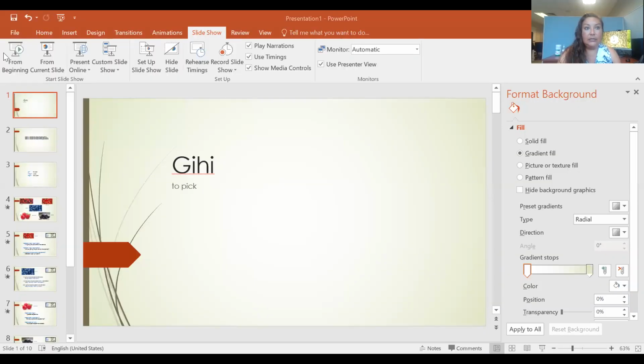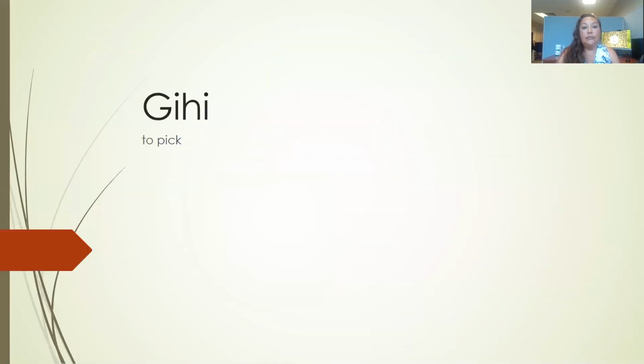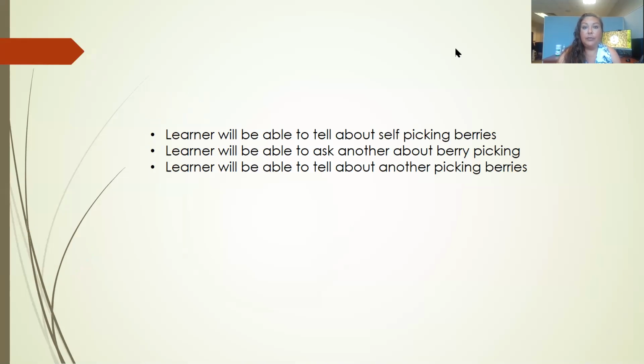Let me pull up my PowerPoint and we will get started. All right, so the verb for this week is gihi, and that means to pick. And in this sense, we are talking about picking berries. It's that time of the season. Learner will be able to tell about picking berries for yourself, ask another about berry picking, and tell about another picking